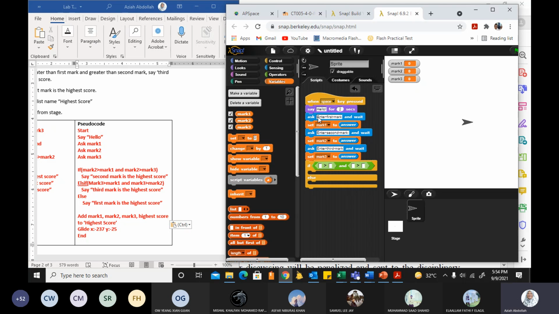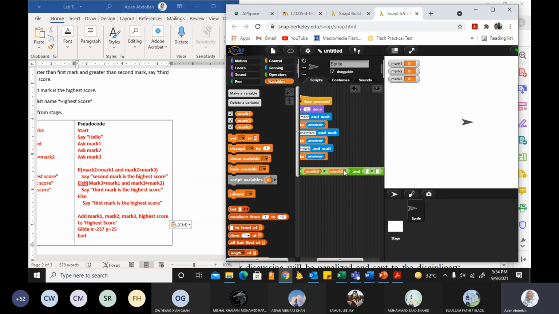So when we say we create a variable, right now we create a variable, okay? Whether we use it or not, here. Sometimes students didn't use, they use answer from here, which is wrong. They can be confused, because we have 3 different answers. So if mark 1 and mark 2 greater than mark 1 and mark 2 greater than mark 3,